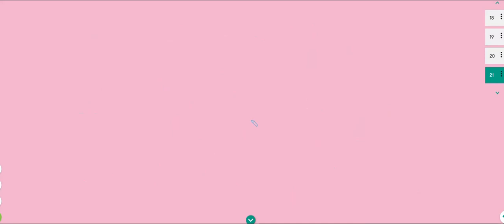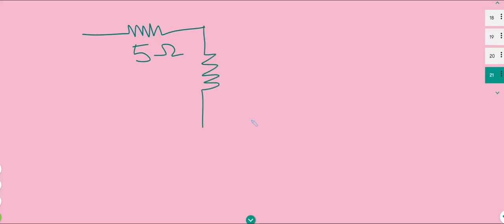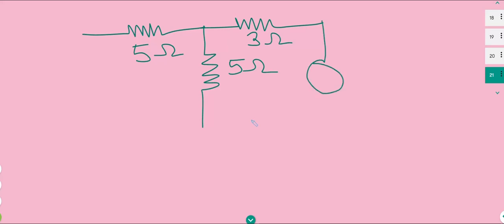Okay, so you can solve any circuit which has multiple energy sources. Now I'm just giving you one more example in which we have a current source, so that you can solve that type of circuit also. Here you have, suppose, a 5 ohm resistor, a 5 ohm resistor, and here you have a 3 ohm resistor. Here you have a 2 ampere current source, and on this side you have 20 volt.